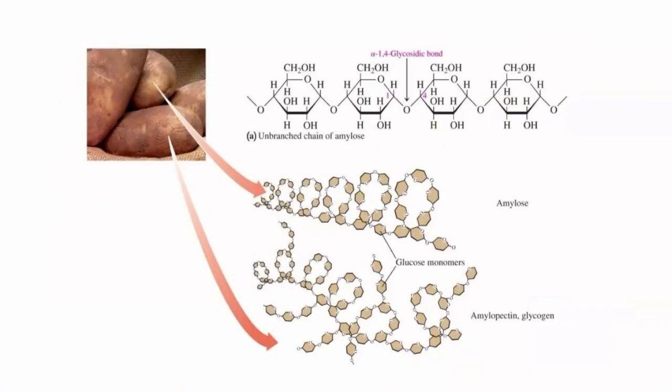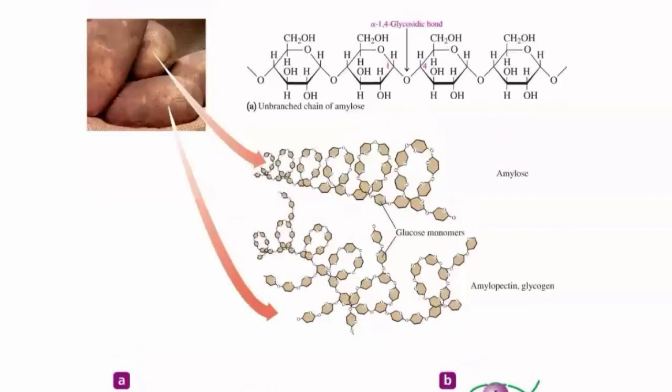We can observe that amylose, out of the two polysaccharides that exist in starch, has only alpha 1,4 glycosidic bonds. And these units of sugar coming together form a helical structure, kind of like a spiral staircase. The other polymer that exists in starch, known as amylopectin, then understand that not only